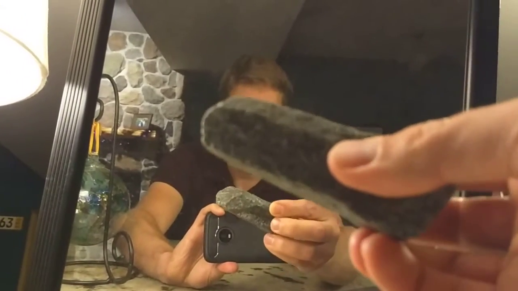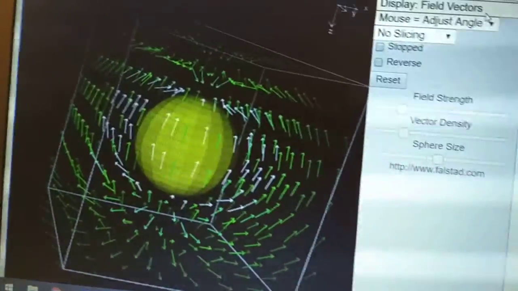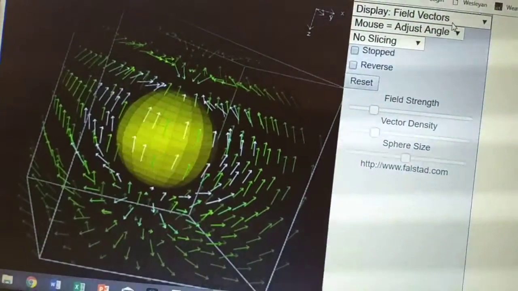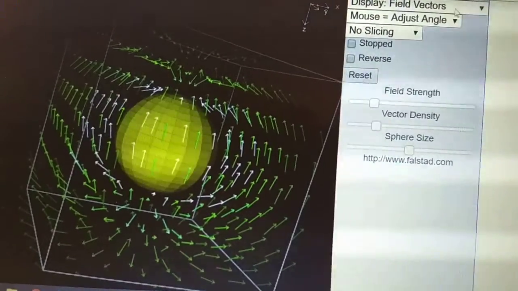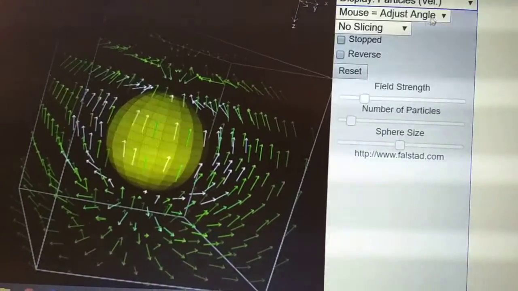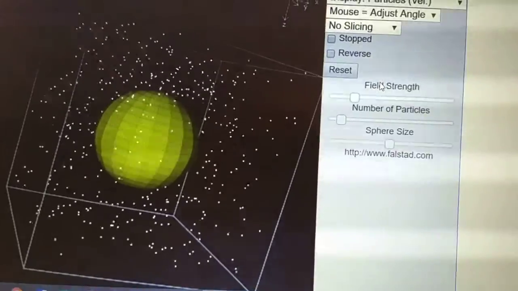It's a dark colored igneous rock, which means it forms from molten material that has crystallized and solidified. And what I want to transition over here to show you is a map of magnetic field vectors on Earth. This should look familiar to anybody who has studied this. I'm going to go ahead and switch it over to a little bit of a different display, which shows the